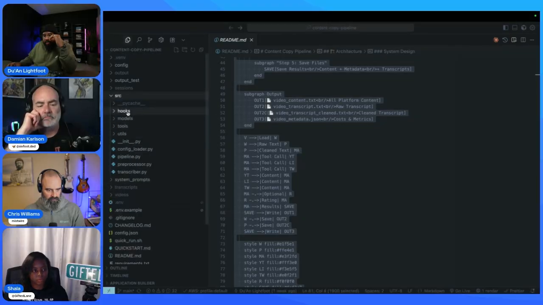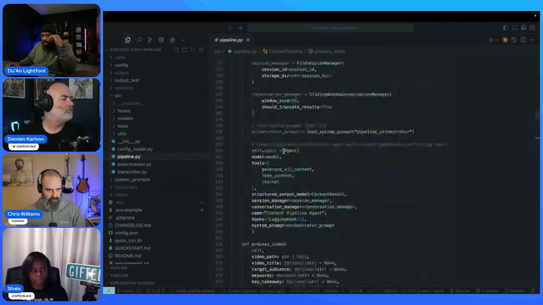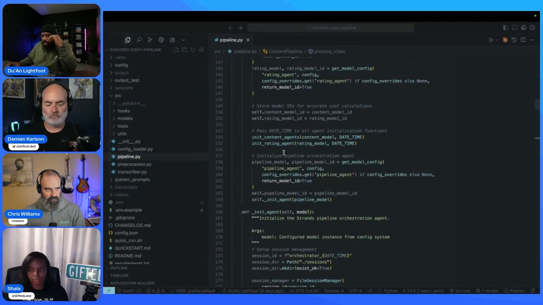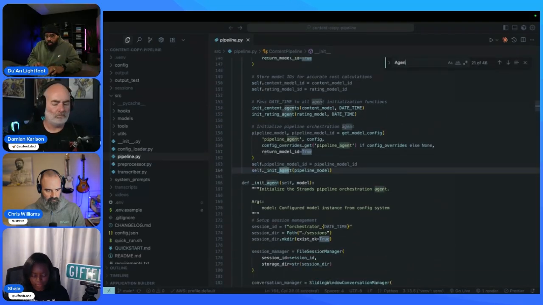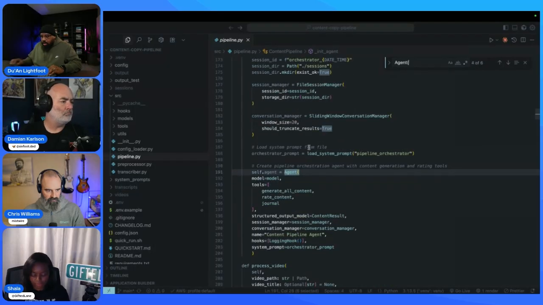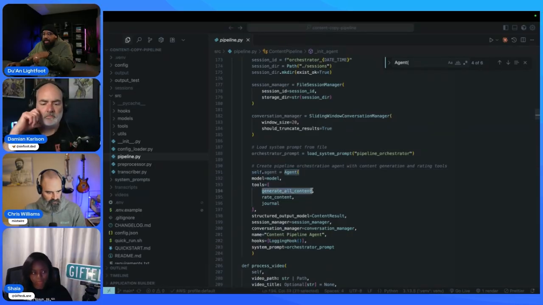So inside of my source code, here's my pipeline. And let me find my different agents. So here's one agent here. This is my orchestration agent, and you can see generate all content is one tool.